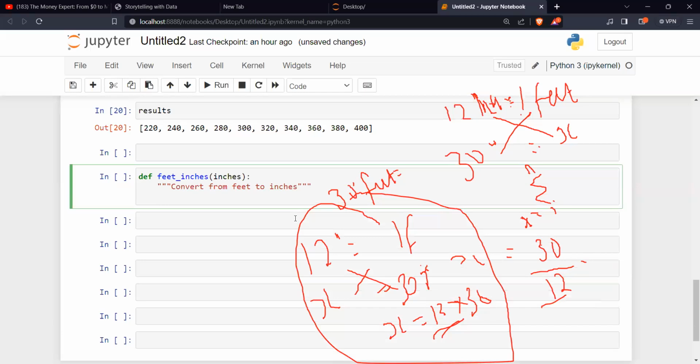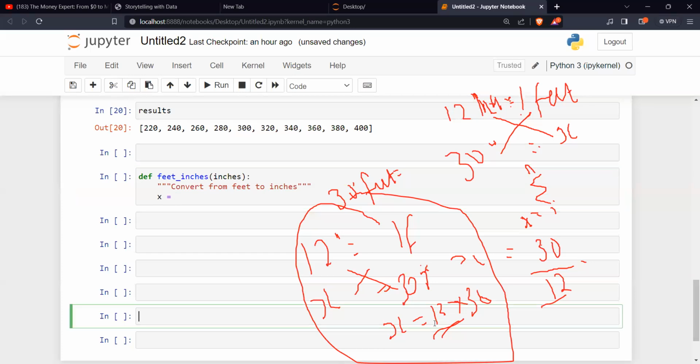So let's say feet to inches, right? So maybe I can just put a formula. Or you see we're using X there, so let me use X. So X is equal to what?